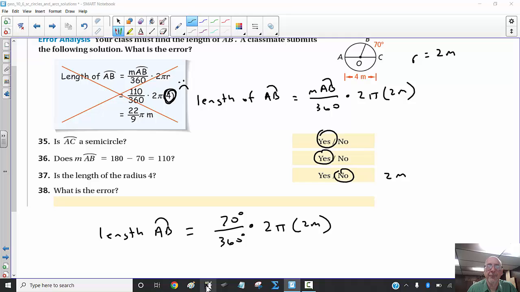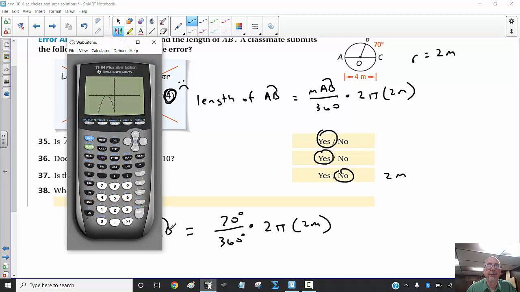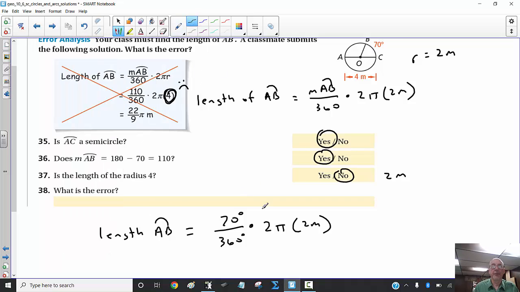Let me grab my calculator. So you're going to have 70 divided by 360, and then times that by 2 and 2. There you get 0.7 repeating